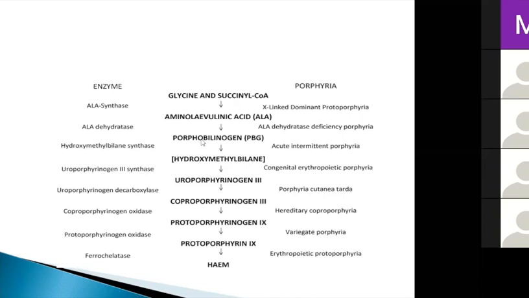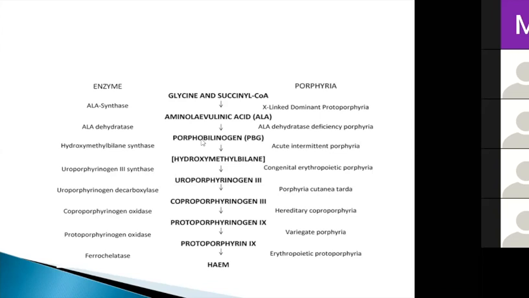There is not much information that has been published on it. The second acute porphyria that develops is in the third step, and it's called acute intermittent porphyria. This one is quite a common one, and it is associated with a high risk of developing neurovisceral crisis should the patient be exposed to triggers. So this one is due to a mutation in the genes that are responsible for production of hydroxymethylbilane synthase, which is also known as porphobilinogen deaminase.